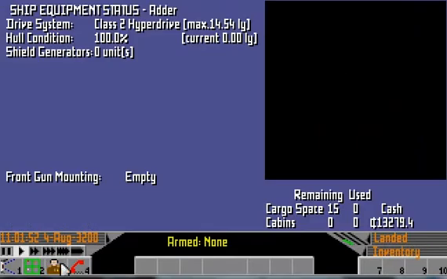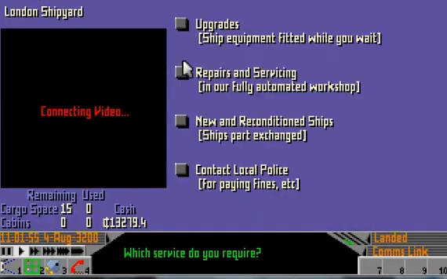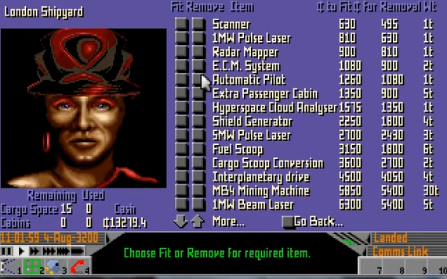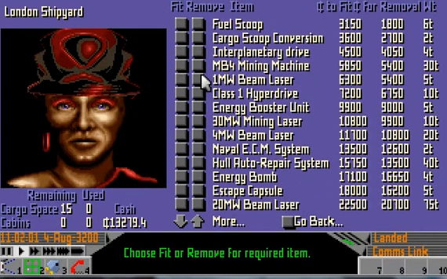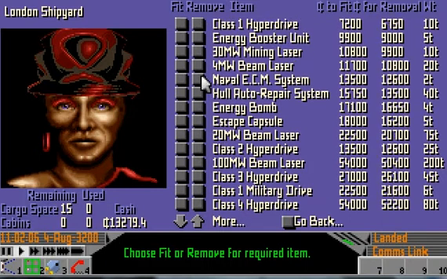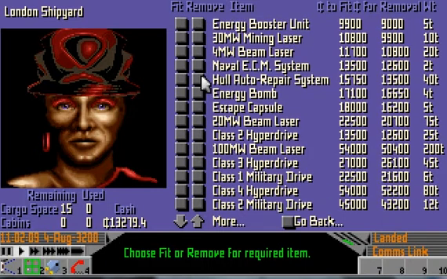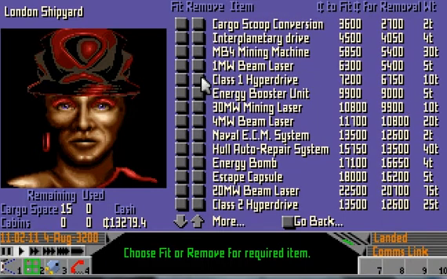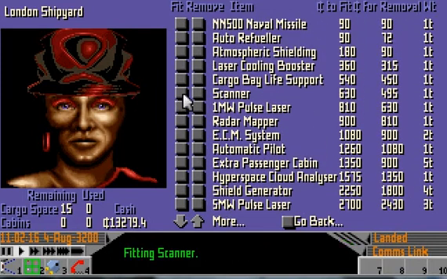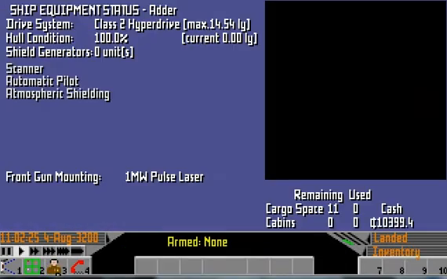now you see, to begin with we only have 1 tonne of extra space. That's because I'd gone to the trouble of fitting a military drive in our last ship. This one has a Class 2 hyperdrive in it. Yeah, a Class 2 military drive is a bit out of our price range at the moment. I'm just going to put a 1 megawatt pulse laser on it at the moment,